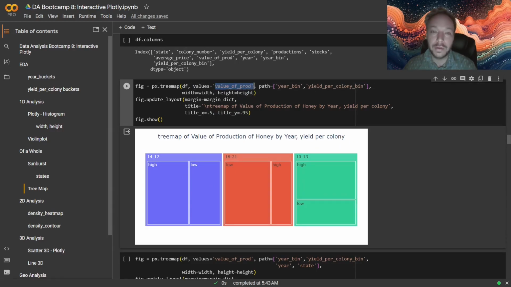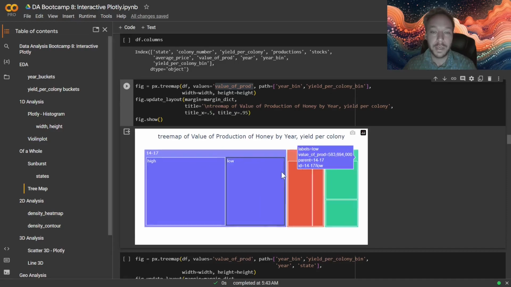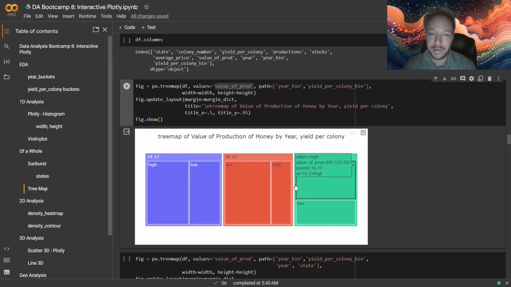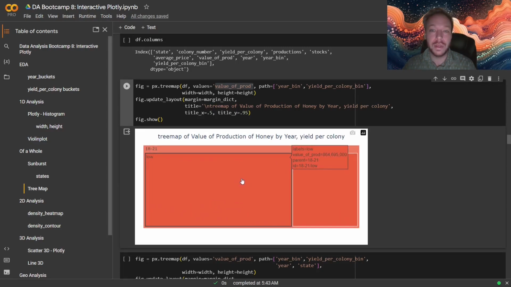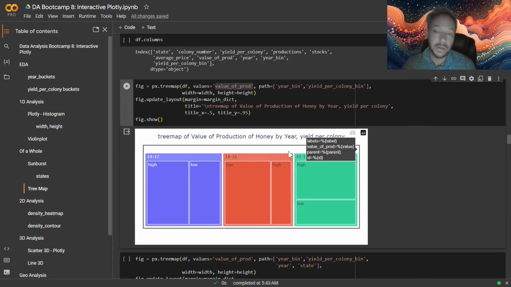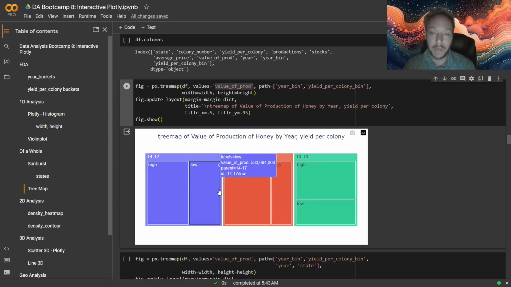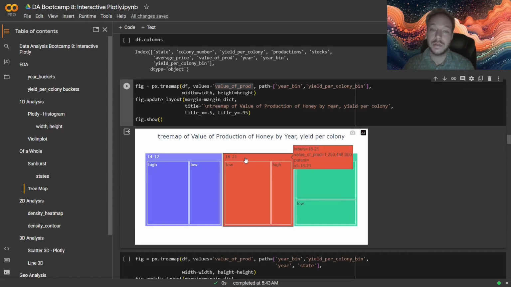And then the values, what's filling up my bin here, is the value of my production, right? So you can see that's what's making the size of the bin. High yield per colony obviously has more value in production right here. That's what you're seeing. The low yield per colony, they actually have more production overall here in 2018. This most recent year, you've got to wonder what's happening to those bees, right? And really, they're not producing as much now. It seems evident in this value here, where you see the high was actually a bigger portion of the value production, whereas this switched in 2018 to 2021. Okay,